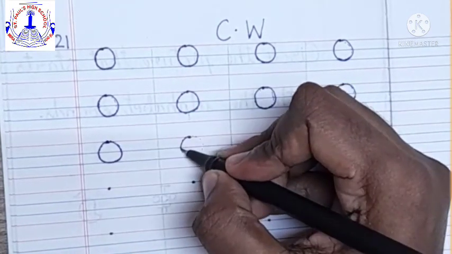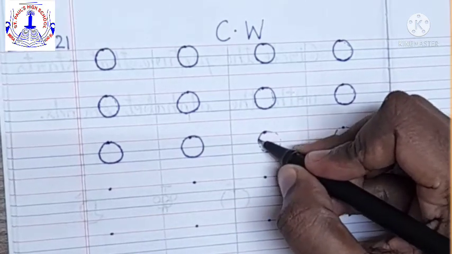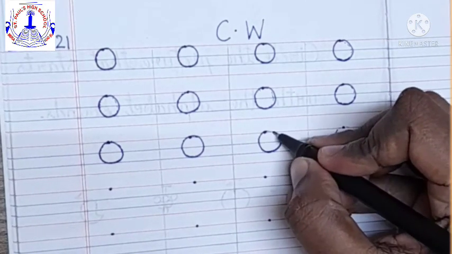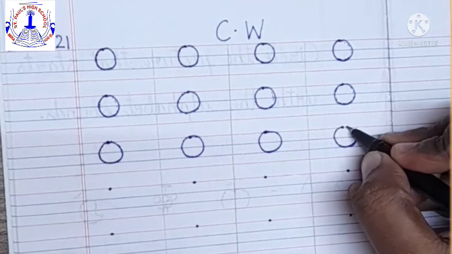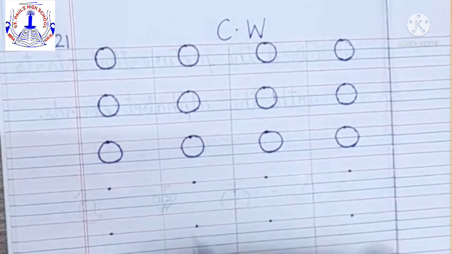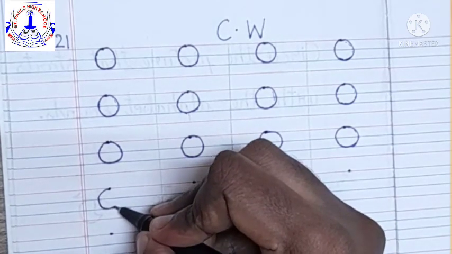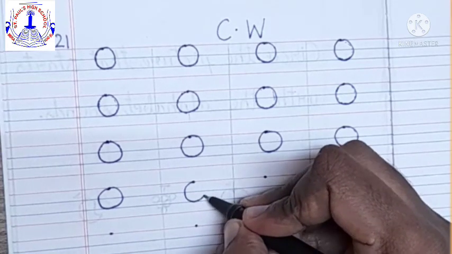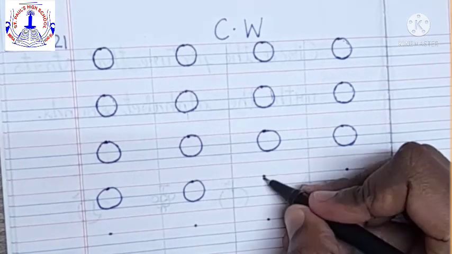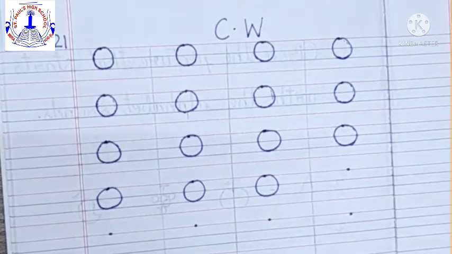Three lines we have to do the tracing. Then we will move to the next line. Okay? Come on. All my children are doing it so well. Very good, children. Now, come to the 4th line. After you finish this tracing, keep your pencil on this dot. Same way, you have to just make a round like this and come to the same point. From where you started, just join it again.